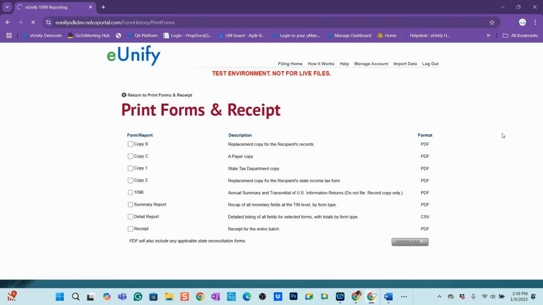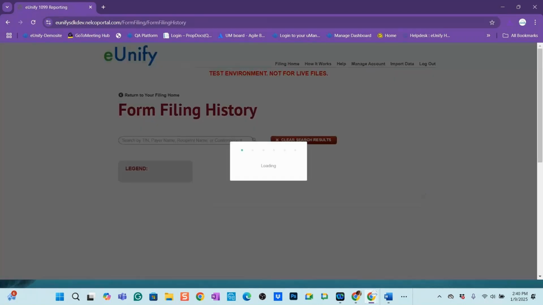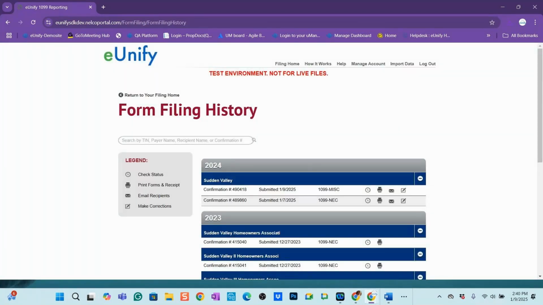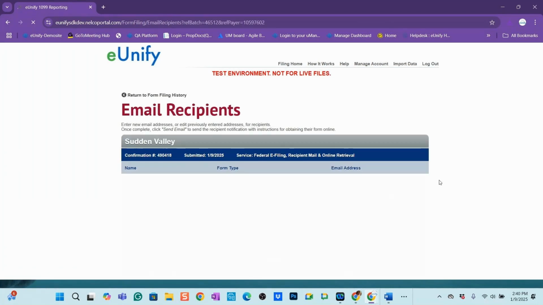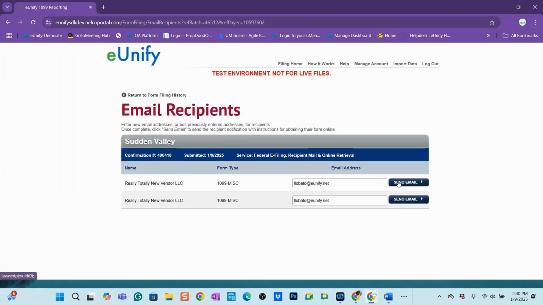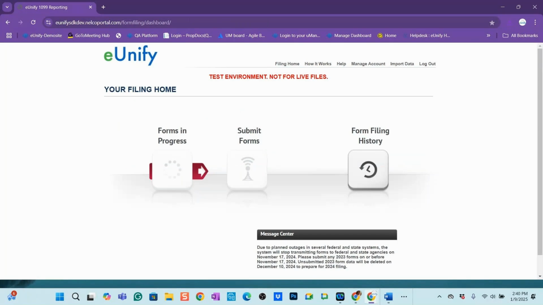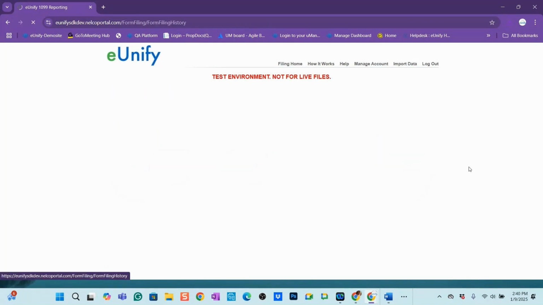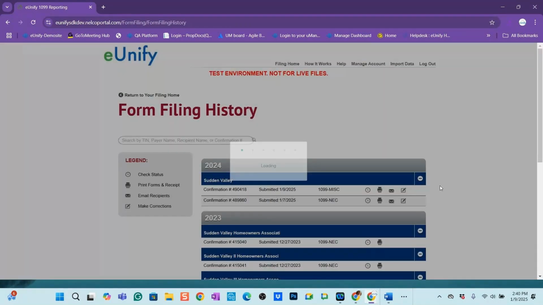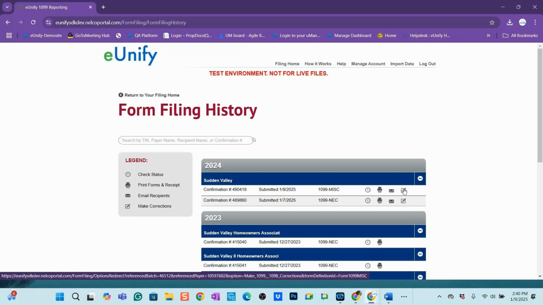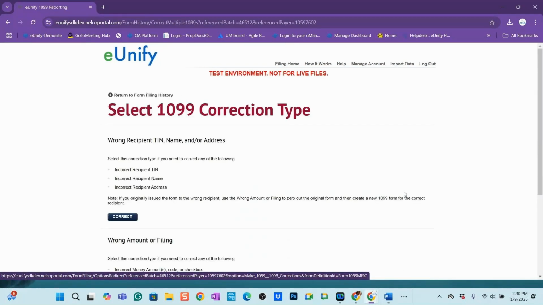All right, so back to my form filing history page. You've got an email icon. If you wanted to re-email these out to recipients, you could send these again and it'll have their email address in there, which is me. All right. And back to my form filing history page. And then the last button here is if you need to